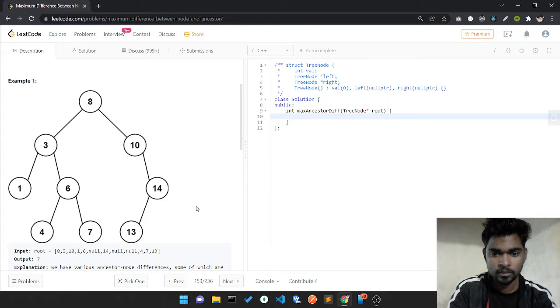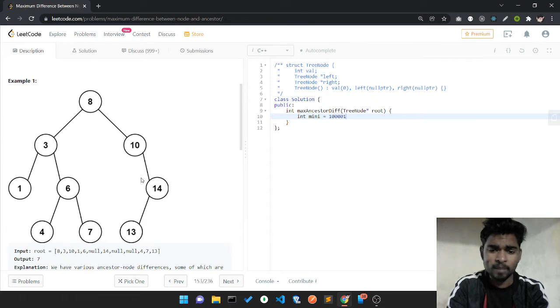So I have to make two variables, int mini and int maxi. I'll not initialize with int max because there's a possibility that when I subtract, it might go over and cause an overflow case, so that's why I do not want to do that.